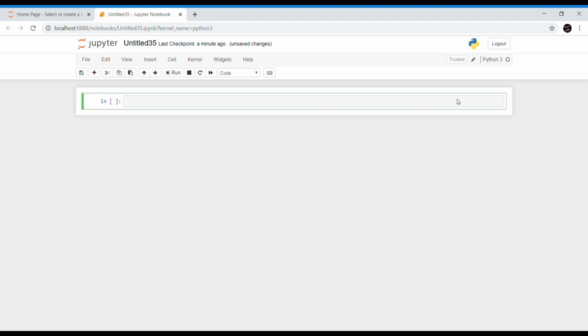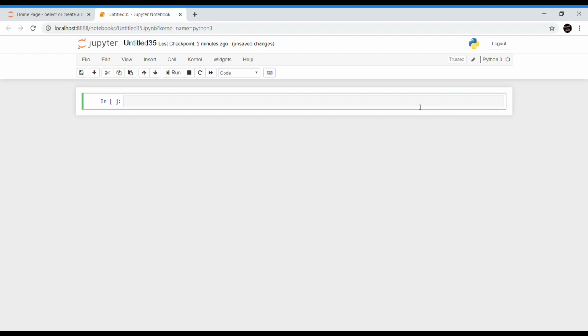So now we are going to talk about deletion operation on lists. Python provides operators for deleting or removing an item from a list. This can be done by the pop function, the remove function, or the del function. Now we are going to talk about the pop function. It removes the element from the specified index and also returns the element which was removed.